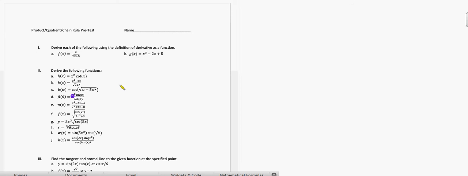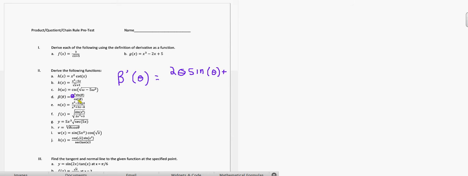Alright, so beta prime of theta is going to be, you can see we've got a quotient rule, so we got to take care of that. And to do the quotient rule, we need to derive the top. However, oh no, the top is a product. And you're thinking, Smith, you got to be crazy. And you're right, crazy awesome. So, let's go ahead and derive the top. So we got to do the product rule. So we'll derive theta squared first. That becomes 2 theta times the second thing, sine of theta,